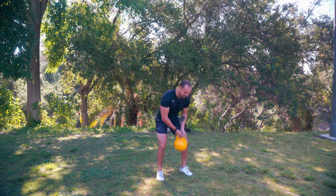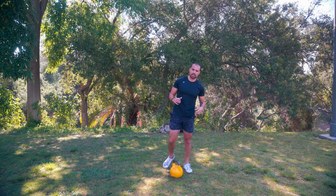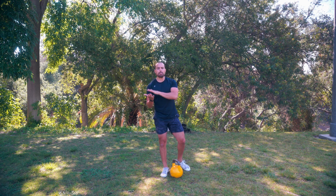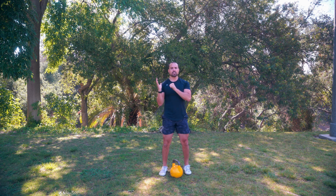And time. All right, so I'm gonna be a little bit longer here. We're gonna go to the next circuit. So this one's gonna be a little bit different. So what I'm gonna do is I'm gonna pull explosively, but I'm gonna catch the bell in my opposite hand. So if the handle's on my left, as I pull it up, I'm gonna catch the bell in my right